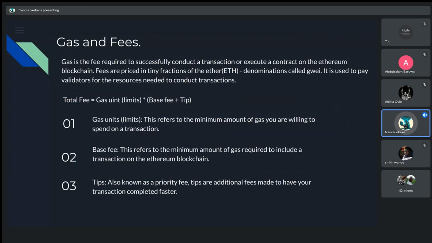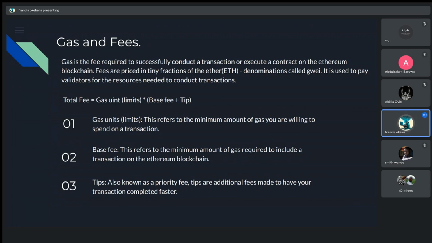So now going to gas and gas fees. As my friend asked, you can't perform any transactions on ETH or the Ethereum blockchain without paying for it. Why? It is because the EVM is Turing complete, in the sense that code runs on it. And here is a case whereby Vitalik thought about it: if, let me say, a